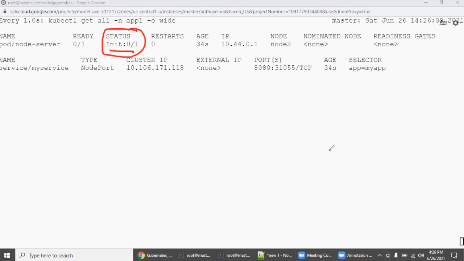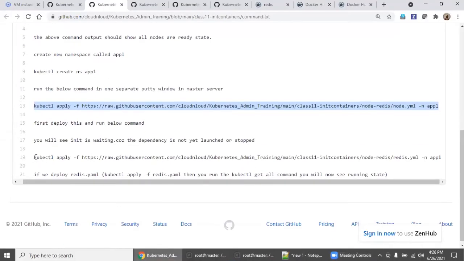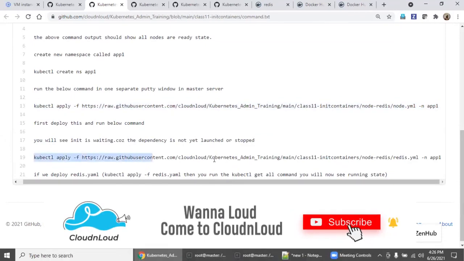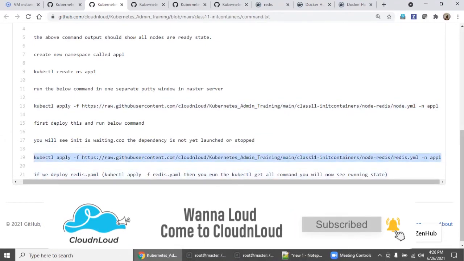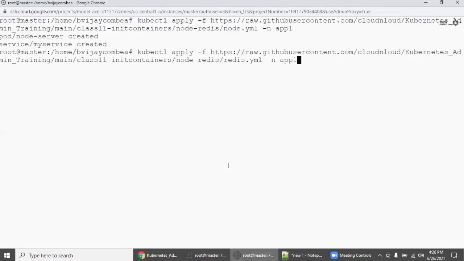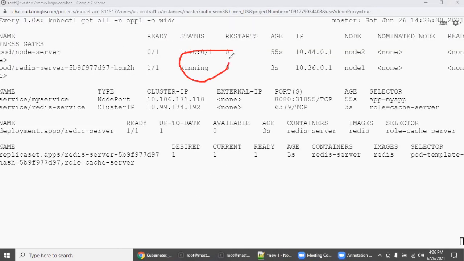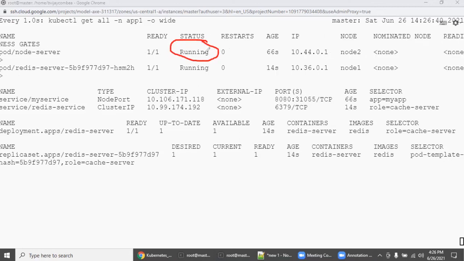So go here, clear it, come down, and we are going to create a new one, the other instance, a 2-tier architecture. The moment you enter, come back here, see there is a container creating and running. Wait for a few more seconds. This will change to running because after the pod initializing, it got running, right? So this is how you need to understand the logic of init containers.